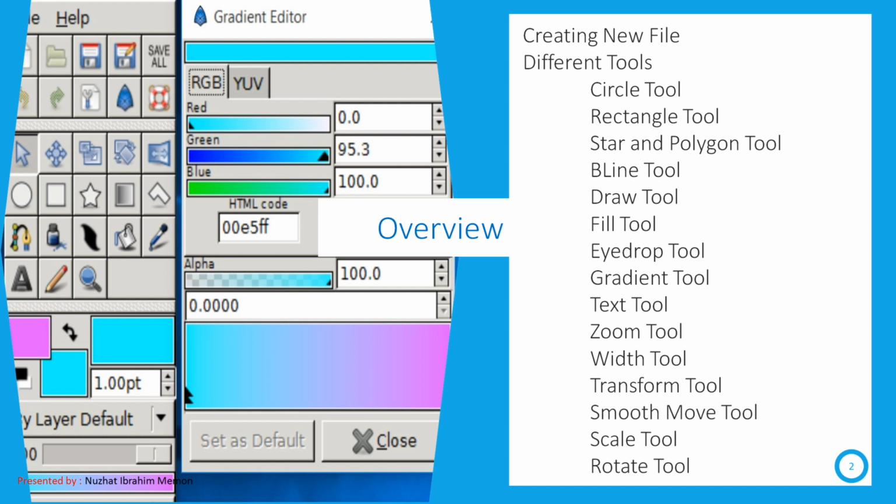If I tell you to select beeline tool, you should be familiar with this beeline tool and you should know how to use that tool in your animation. So before doing animation, here in this chapter we will learn different tools like circle tool, rectangle tool, star tool, polygon tool, text tool and many more. Slowly and gradually we'll cover all these tools. This chapter is theoretical, but we will do it practically, as I believe doing practical will increase your confidence and you will learn the thing by watching and doing.